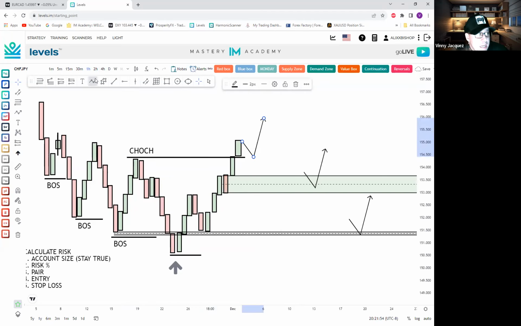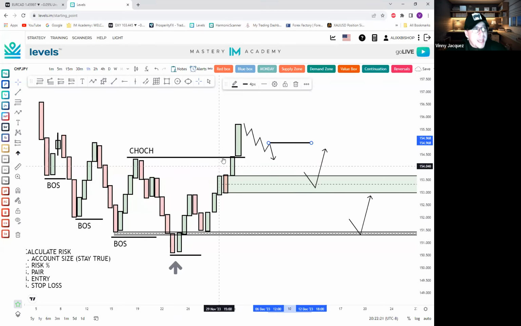So let's just say market comes back to this area. All right, let's delete this. Market comes back to this area. How do we know market's going to respect this break and retest? Well, we have to look at the pullbacks. Pullbacks are our best friend, guys. Pullbacks are our best friend. So, boom, market drops down, hits this break and retest. Now we have to focus on the pullbacks,